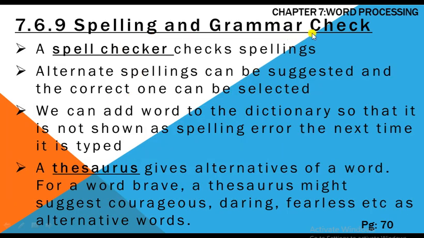Then comes spelling and grammar check. A spell checker checks spellings. Alternate spellings can be suggested and the correct one can be selected. If you make a spelling mistake while typing, the word processor will indicate that mistake, and when you right click there, it will give you alternate or correct spellings of that word, and you can choose from there. We can add a word to the dictionary so that it is not shown as a spelling error the next time it is typed. And if you have typed the right spelling and the word processor marks it as incorrect, you can add that word to the dictionary, as the spelling of colors, COLOUR, is also used, and COLOR